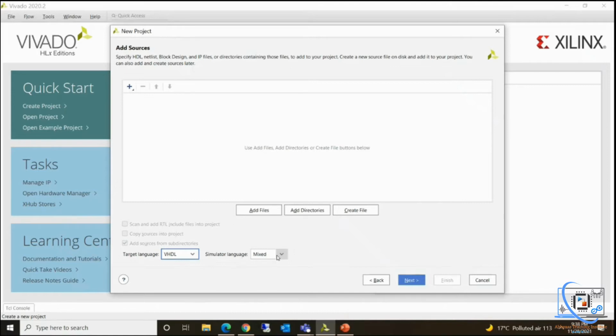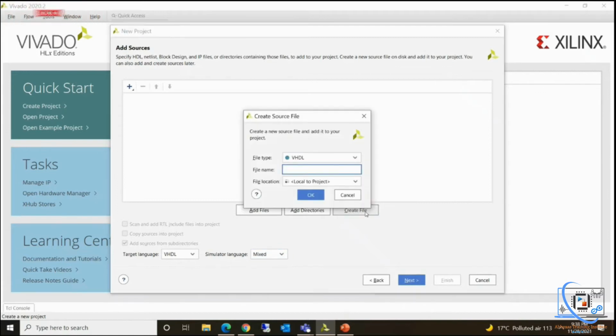Simulator language I have chosen mixed. You can choose VHDL or Verilog also, but mixed means even if you wrote your code either in VHDL language or in Verilog, you can simulate using the simulator provided with this Vivado. So the language of the simulator I have selected mixed.